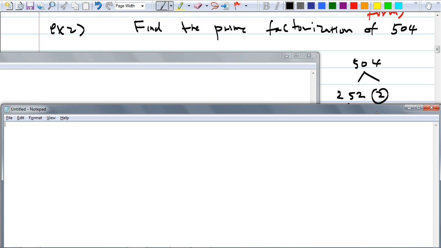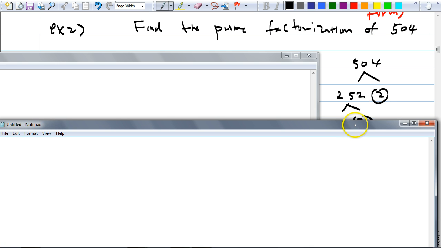So you only circle your leaf. That's your leaf or your prime number. You see why it's called a factor tree? This tree has leaves. Okay, so 252. And again, it's even. Let's just do it as easy as possible. I mean, you don't have to do it this way, but I'm going to do it as easy as possible. Since it's even, I know what has to go in, class. 2. So I'm going to write 2 times